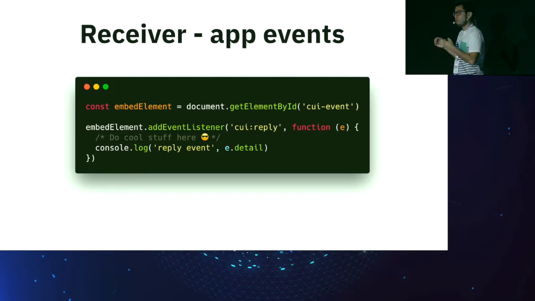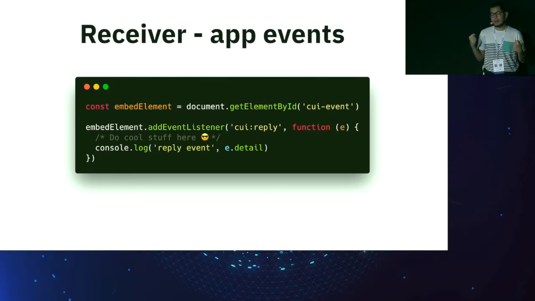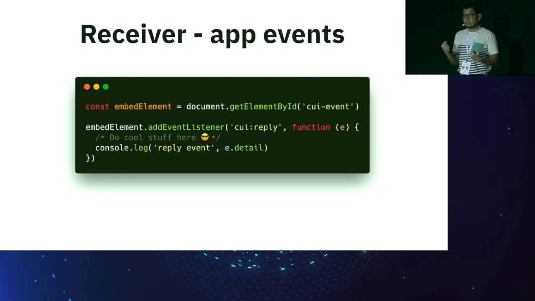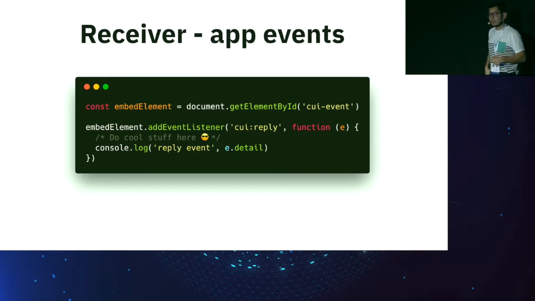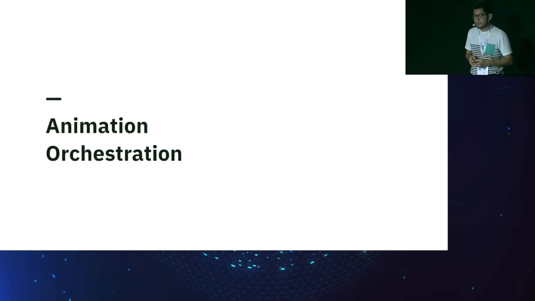And to hook into the actual actions, you just have to add a listener to the div, the DOM element that you mounted the application on, and it will look something like this. So you will listen to, in this case, CUI reply, and then you will get all the payload of data in the event detail property. That's all from